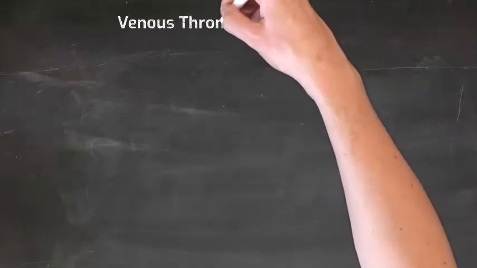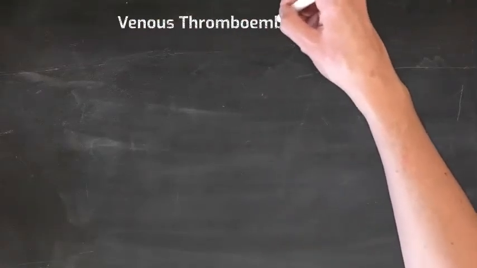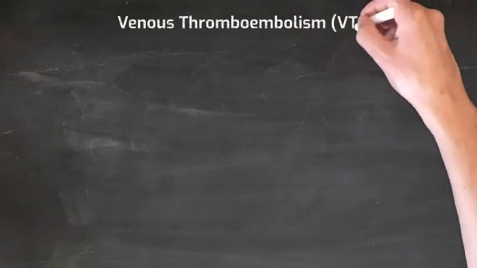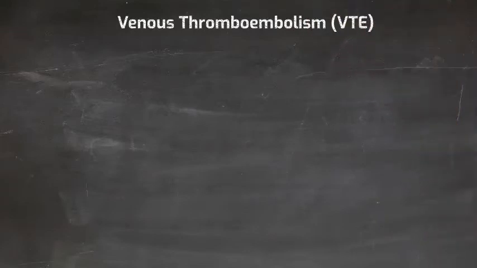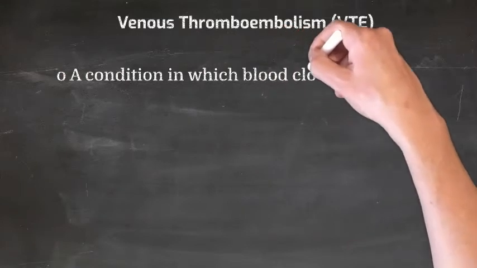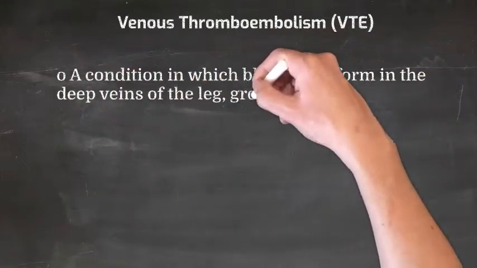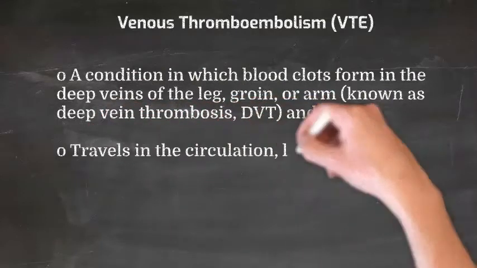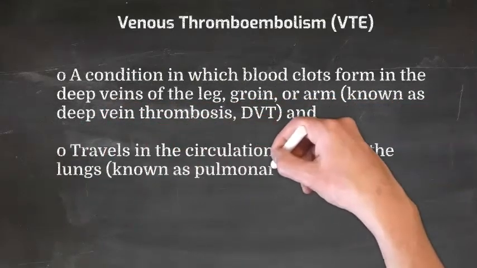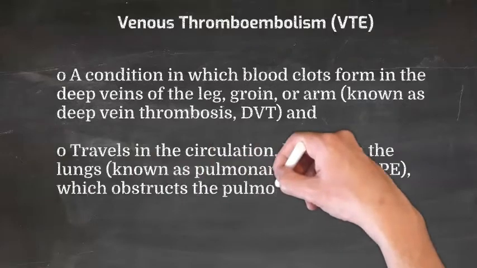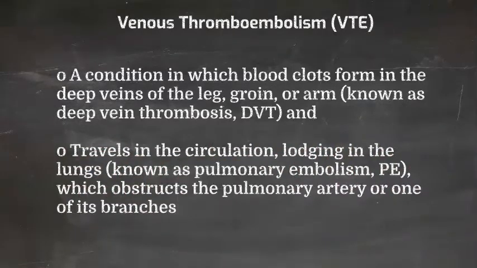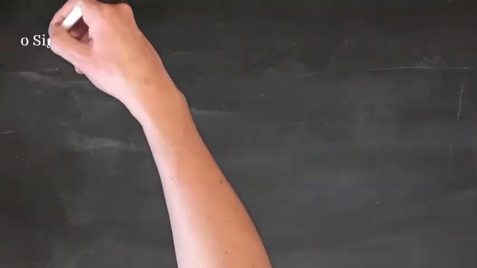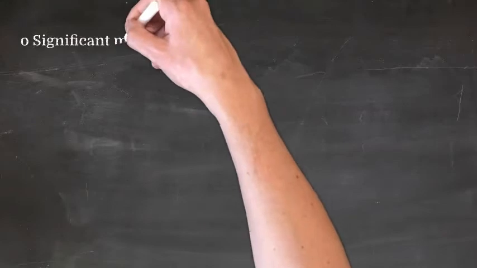Venous thromboembolism, or VTE, is the umbrella term under which DVT and PE fall, and VTE is a condition in which blood clots form in the deep veins, and that's called DVT. And then if that blood clot breaks off and travels in the circulation, it can eventually lodge into the lungs, and that is known as pulmonary embolism or PE. This can obstruct the pulmonary artery or one of its branches,